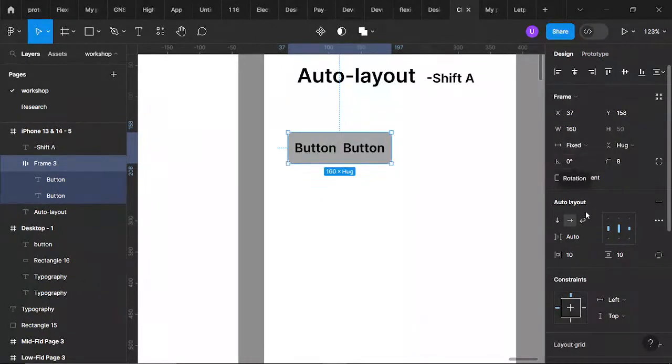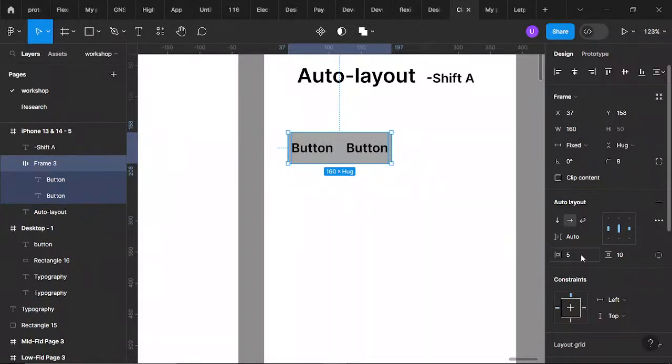What makes it different is that whenever you reduce the horizontal padding to something like 5, you can see that the button spacing extends and it pushes the elements out to the side.